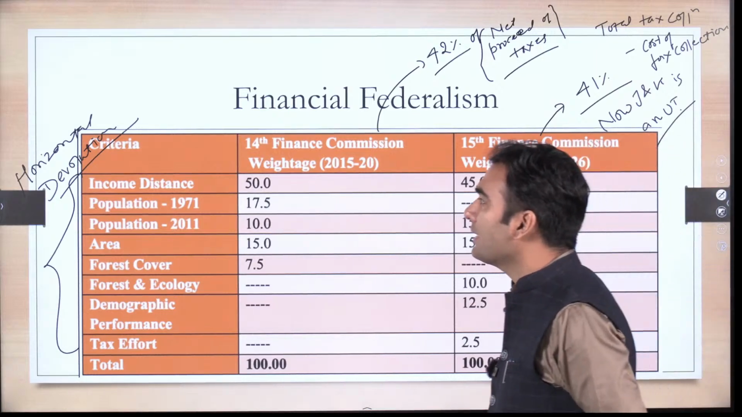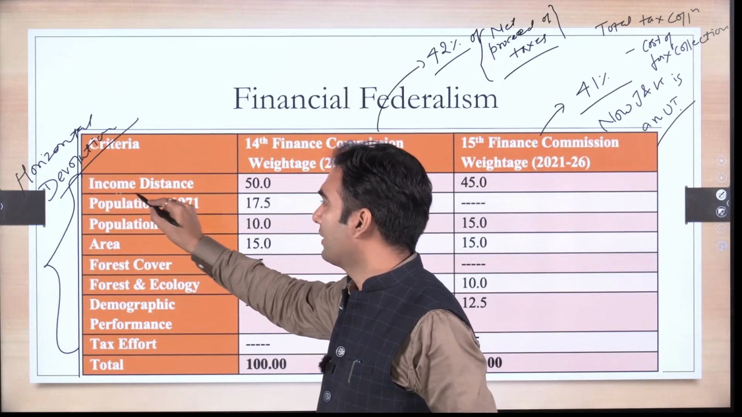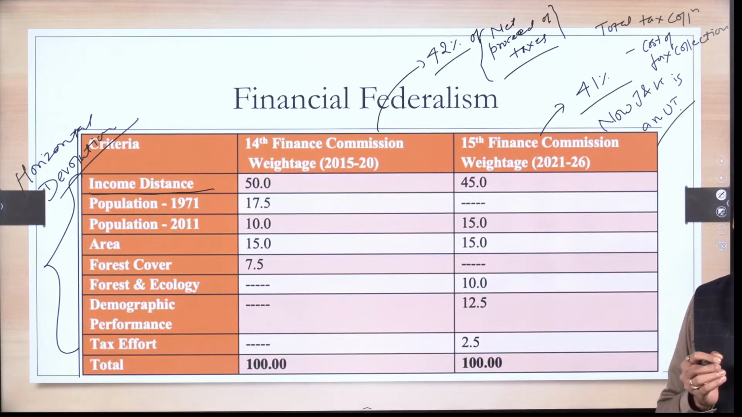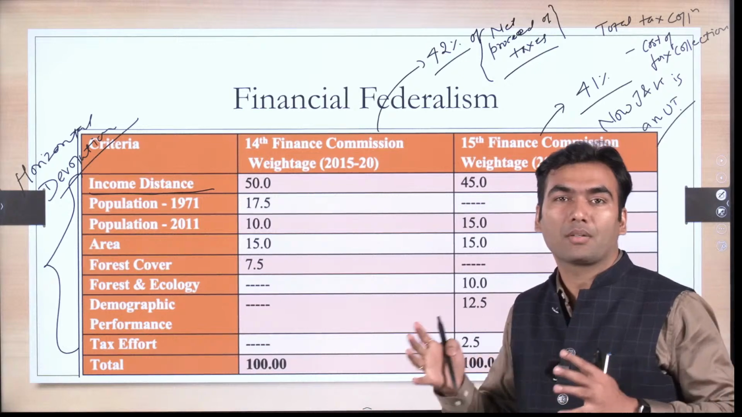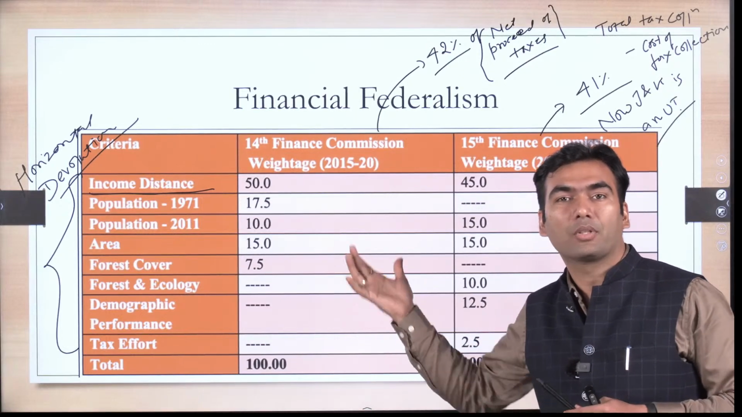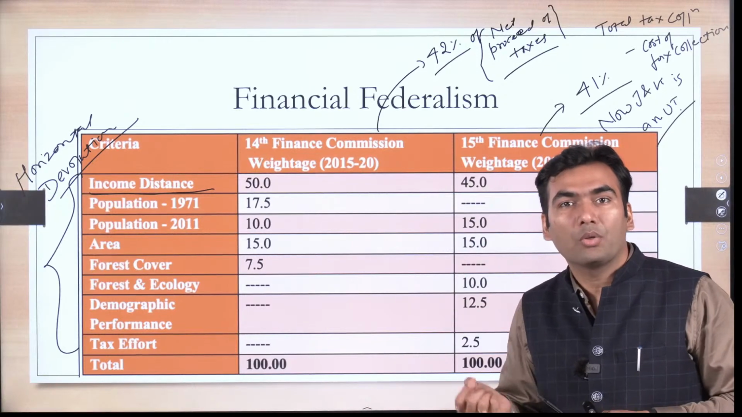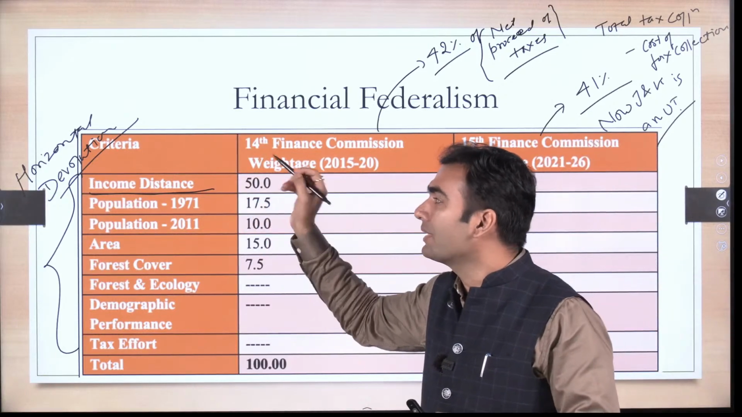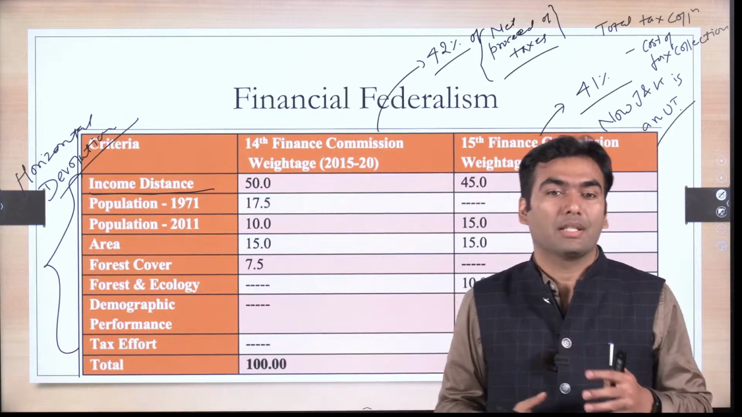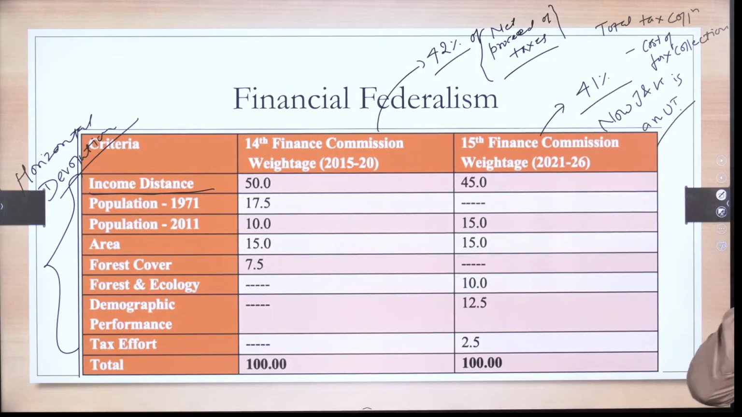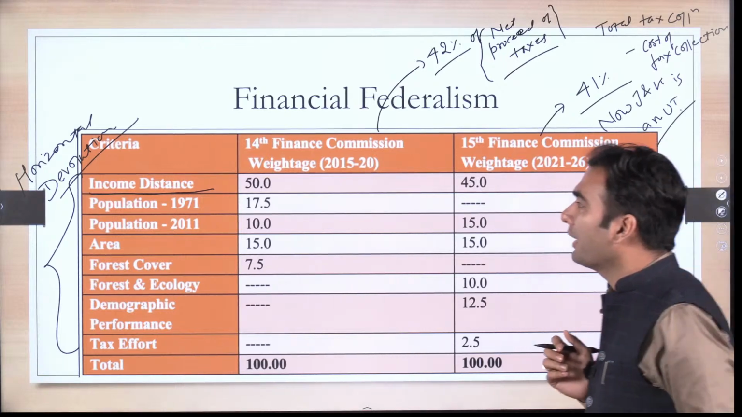The first is income distance. Now you also need to understand each and every criterion. Sometimes it happens that there is a 15 marks question and they are simply asking about the criteria. So there you will explain these criteria as well, that is, what is this income distance and all those things. Okay. So income distance is simply